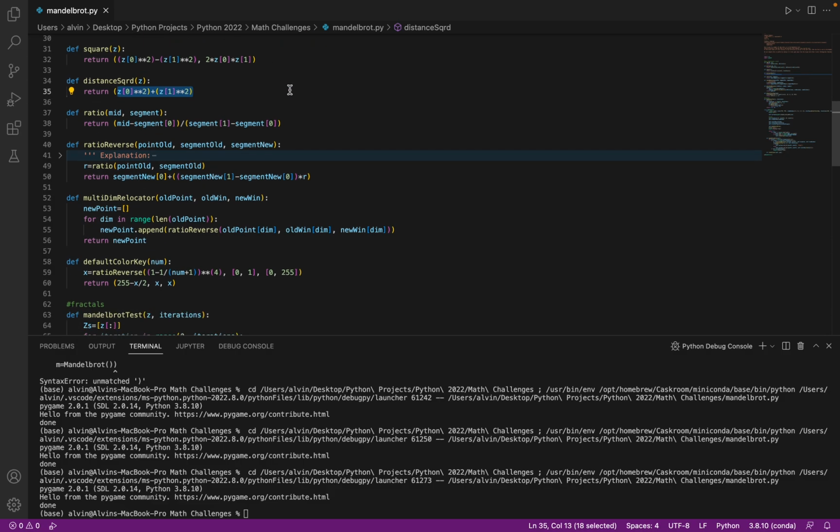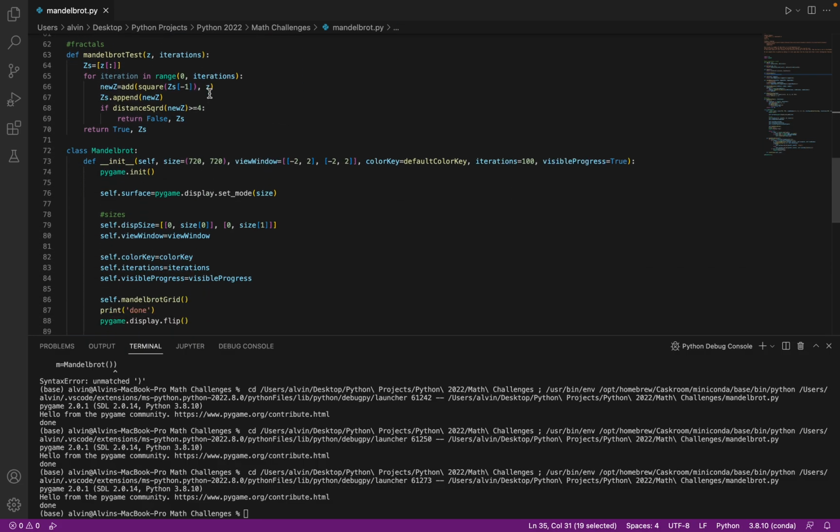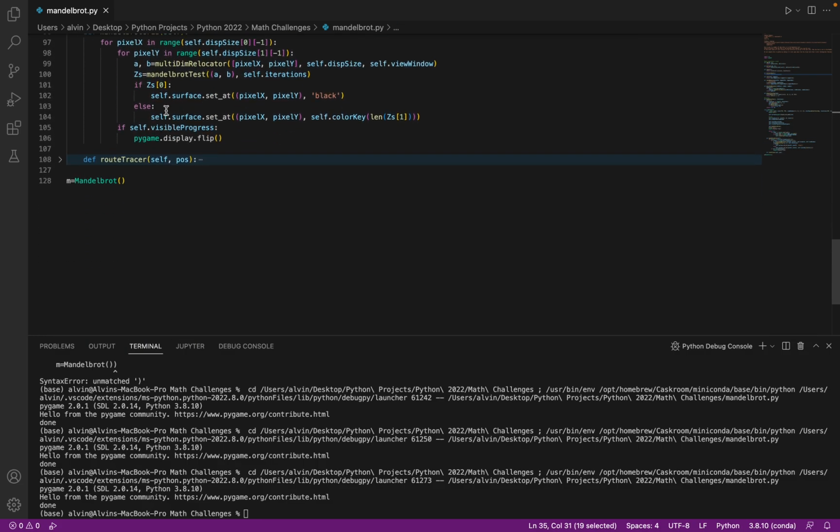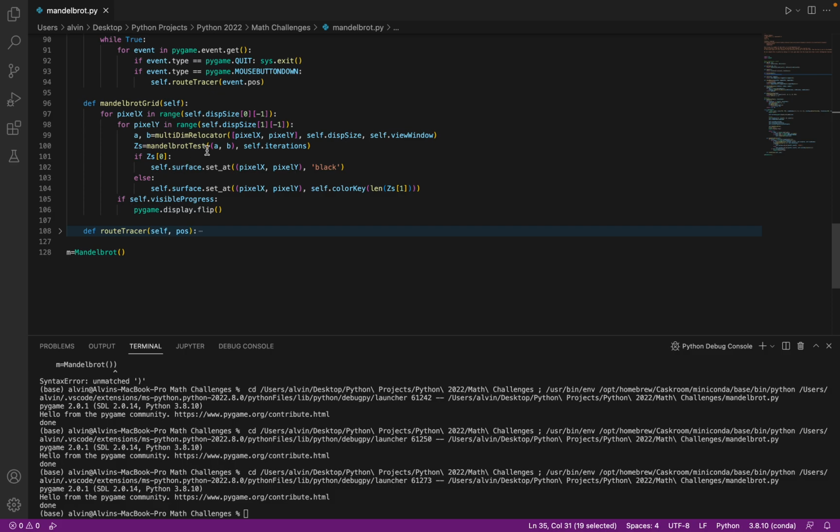And the reason why I'm not square rooting it is because instead of square rooting it here, we can just square both sides of the equation. So we squared it in here, and the other time we're going to use this is somewhere here,